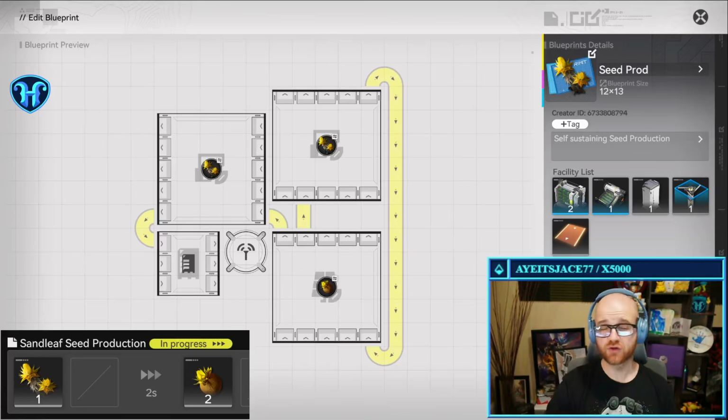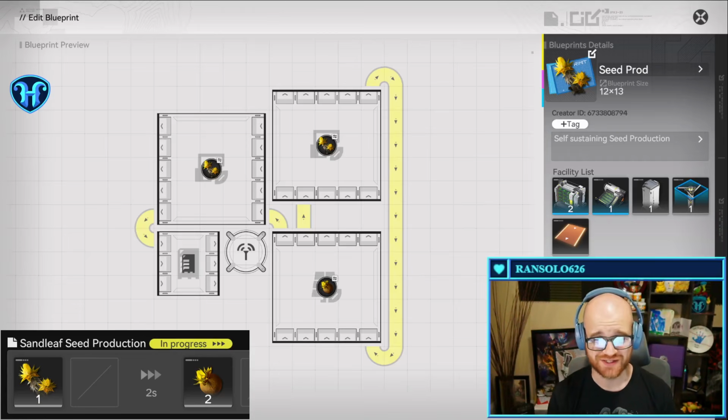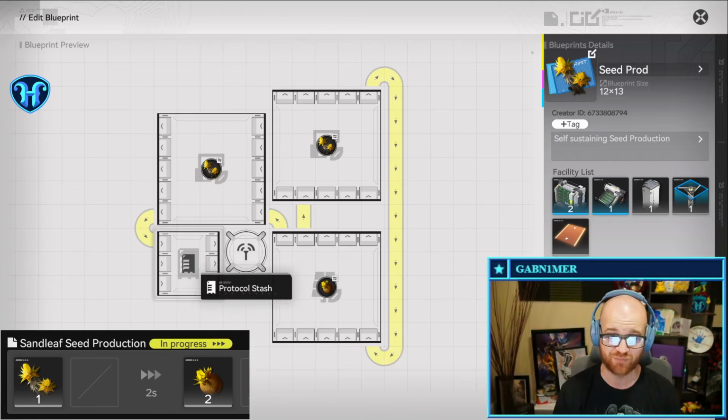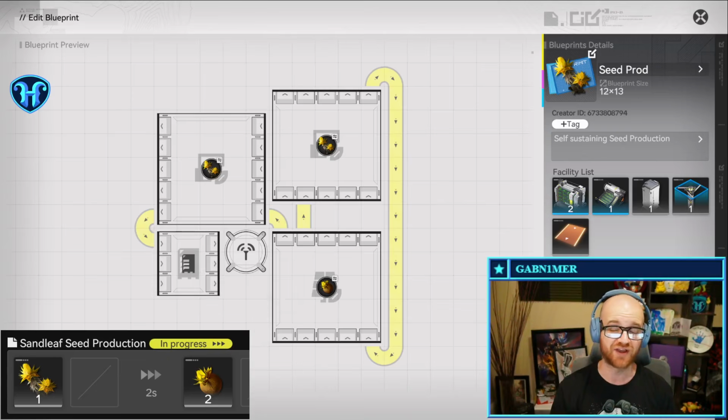The astute among you who looked at the blueprint before getting this far in the video noted that there's also a 4th one down there for self-sustaining seed production. This is because while you're producing all of these batteries, while your outposts constantly need power, you don't want to be picking all of these sandleaf flowers by hand. This seed production blueprint utilizes 3 buildings plus a way to stash them back into your depot to have a